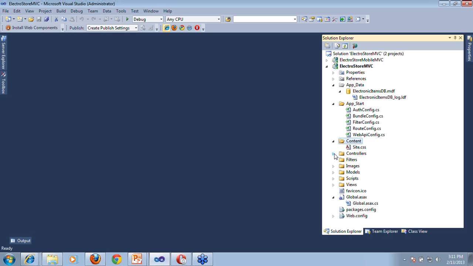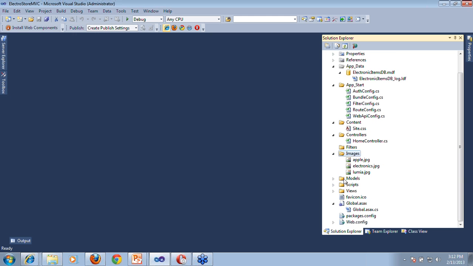Now comes the MVC pattern. Controllers are going to take care of the user inputs and take in the data from the database. This is the home controller. I will require one controller to take care of my user inputs and query the database. Then I have my Images folder, wherein these are the images required across the site. I have my Models folder. Here is where my